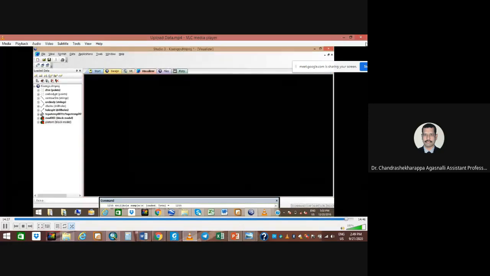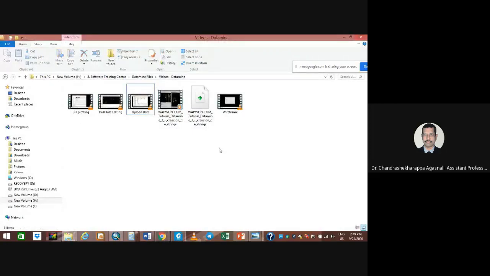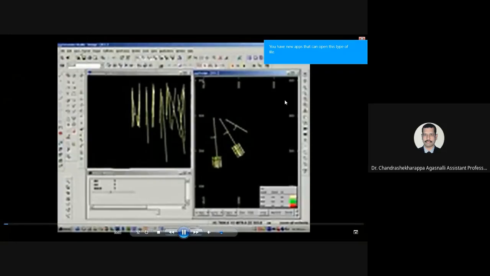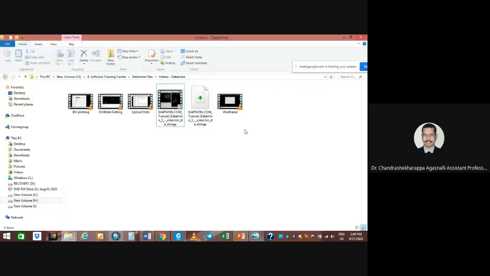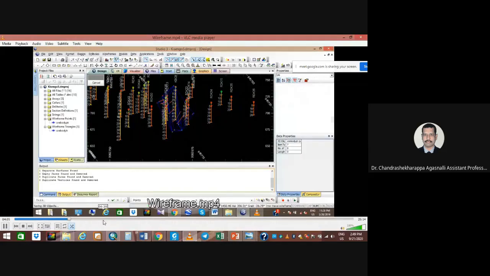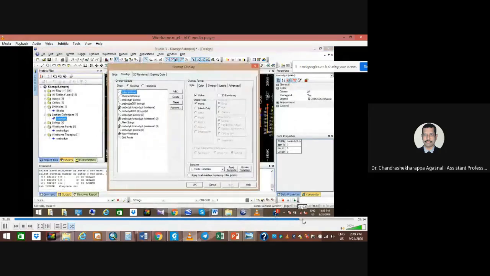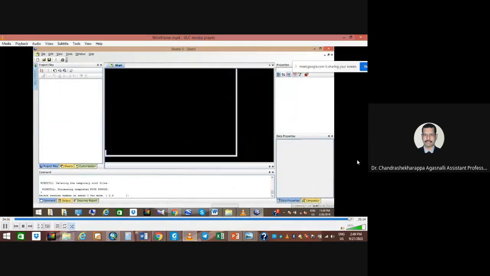So with this, that's what we see. That's wireframe modeling. Yes, it's almost the same. This is how they know the